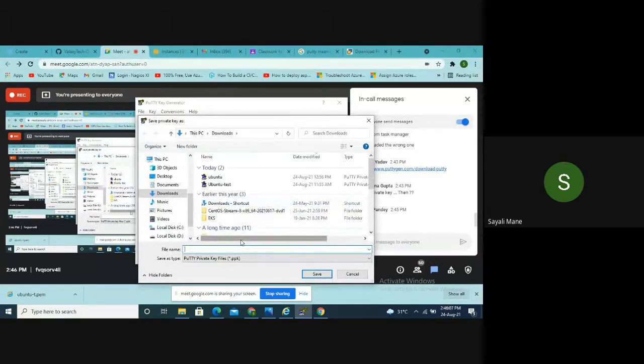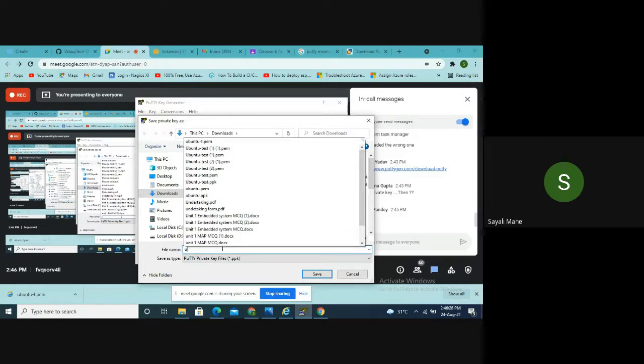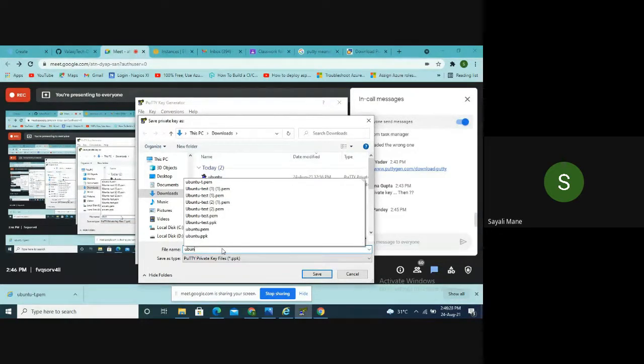Okay. Now you will get again, now you have to give the name to the ppk file. What they are doing is simply converting the PEM file into a ppk file. So give the name Ubuntu.